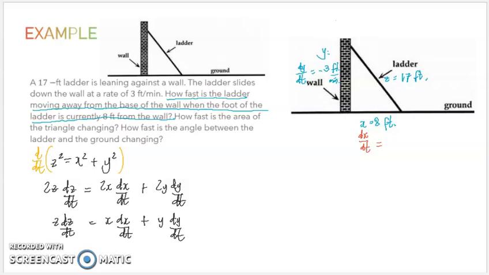And let's plug in the data that we have. We have a z that is 17. So 17 dz/dt is equal to